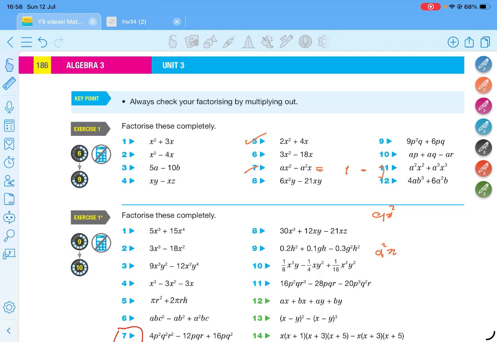And here, 9x, a x to the power x, how can you write it? The first term can be written as a times x. The second term can be written as a times x. Identify the common things. a is common for both, x is common for both. So the common multiple is ax. Ax comes here. In here, what is the rest? x. If there is nothing, we use 1, right?